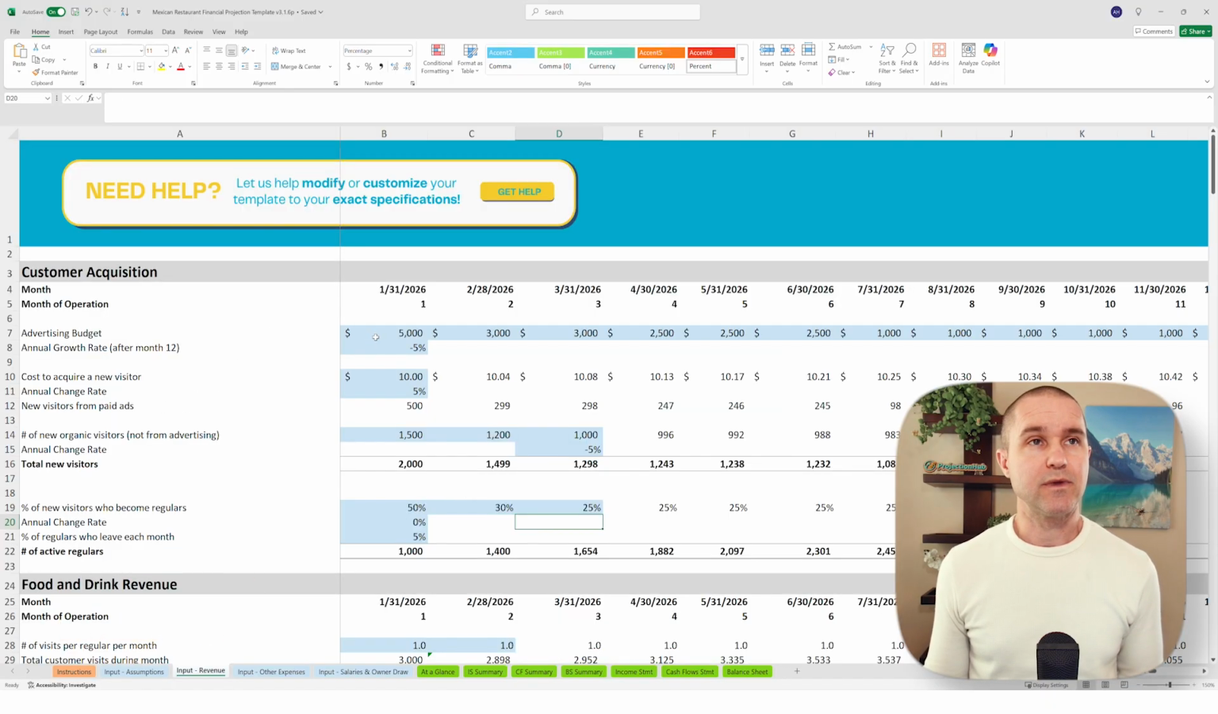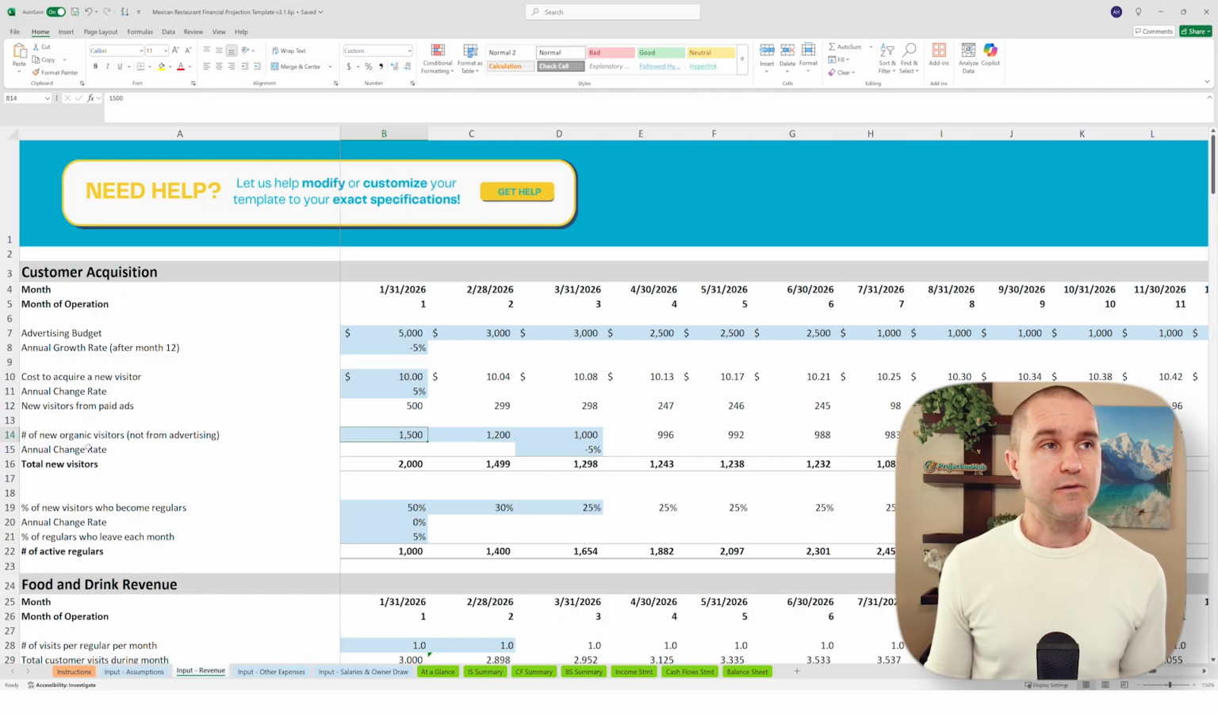And here we're going to assume an advertising budget of $5,000 in the first month and then $3,000 in the next couple of months, and kind of dropping down over time to where we have a regular monthly budget of $1,000 a month. We're assuming our cost to acquire a new customer or new visitor is $10. So maybe you're sending out coupons in the mail or maybe advertising on Facebook or Instagram, trying to drive new